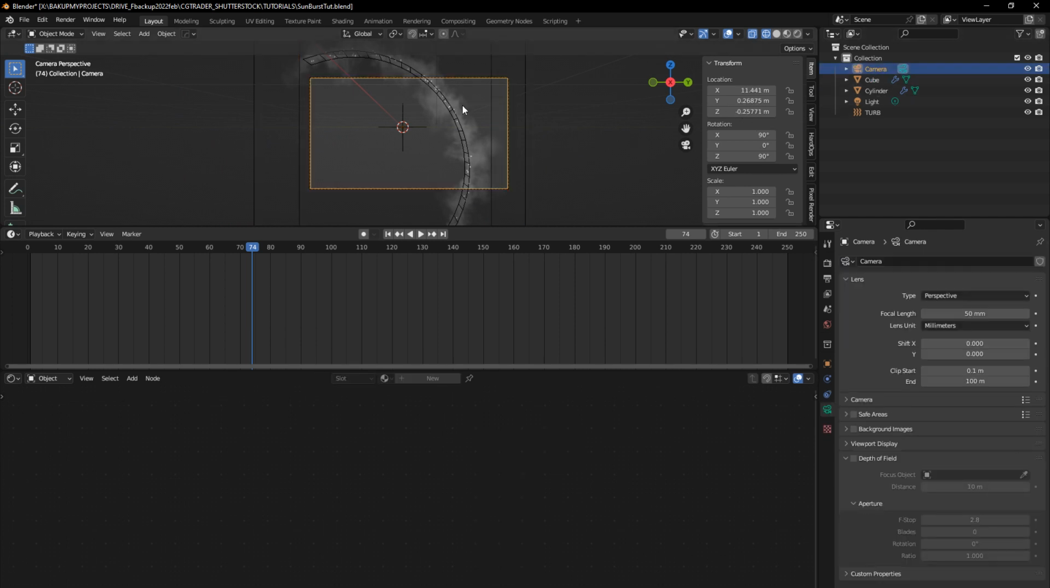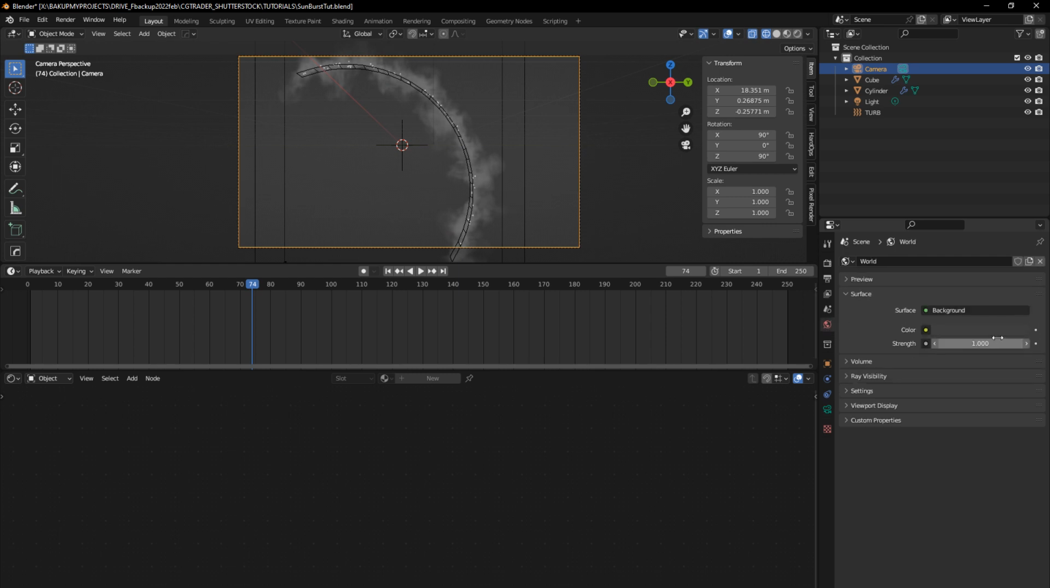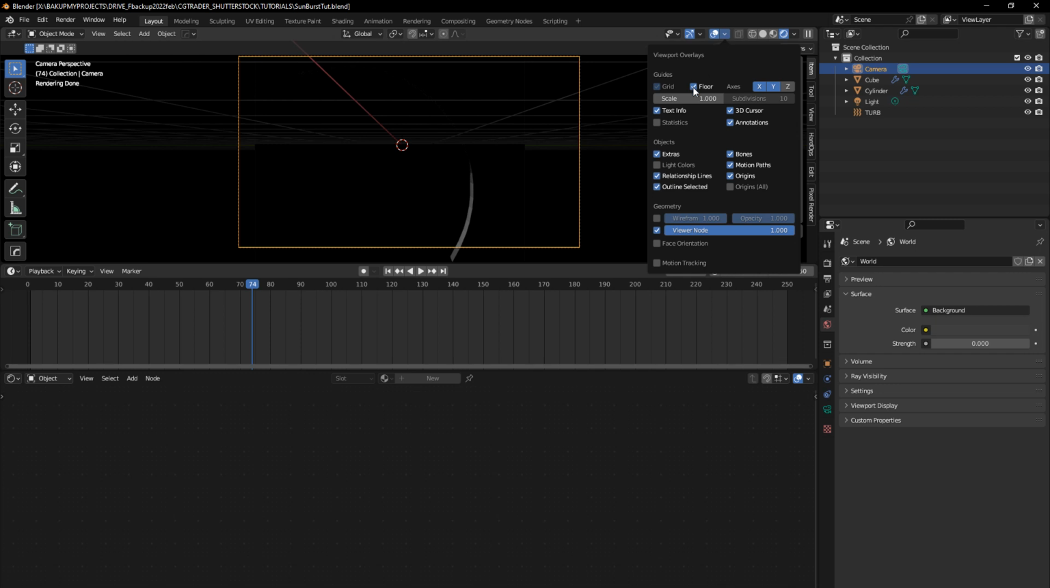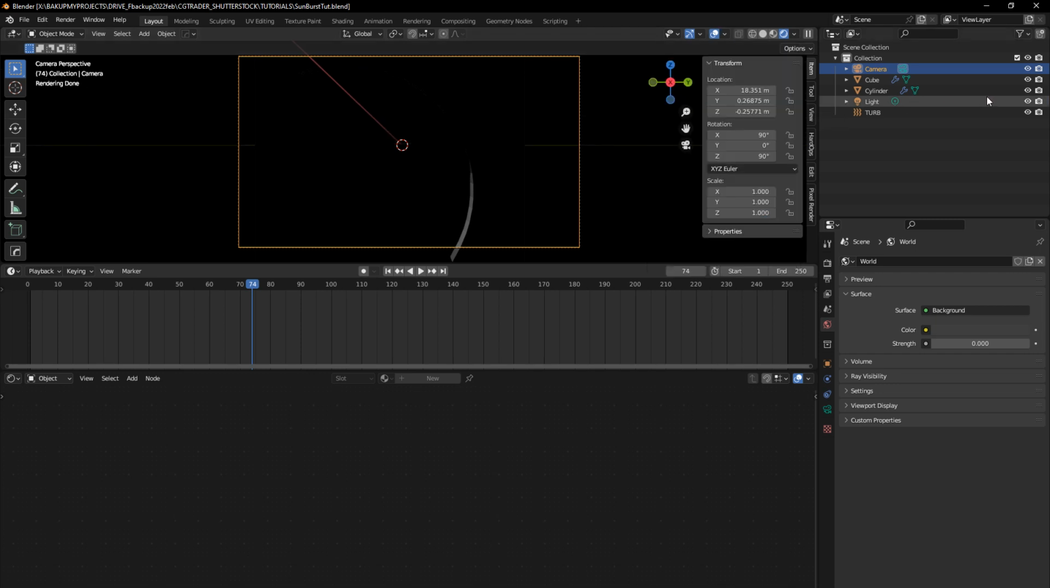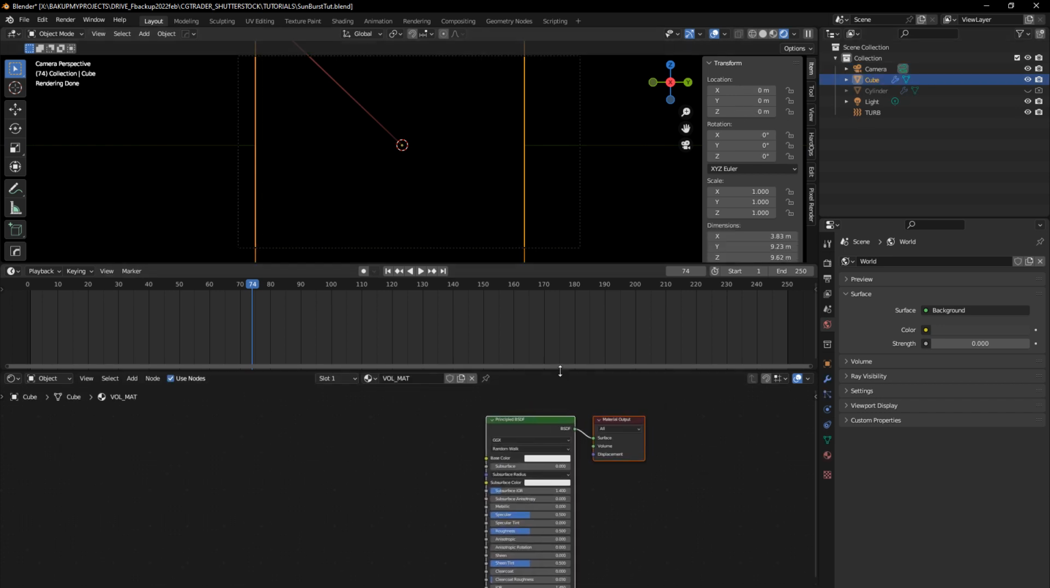Let's go back with the camera on the x-axis like that. Okay. And also, while we are here, let's go to the World Properties tab, and I just want the black background. Okay, we don't see anything, we don't want to see the cylinder, right? But we don't see anything now, because there is no shader attached